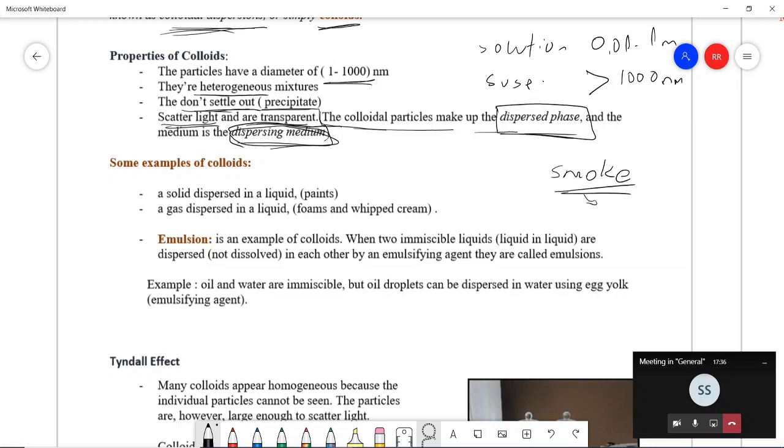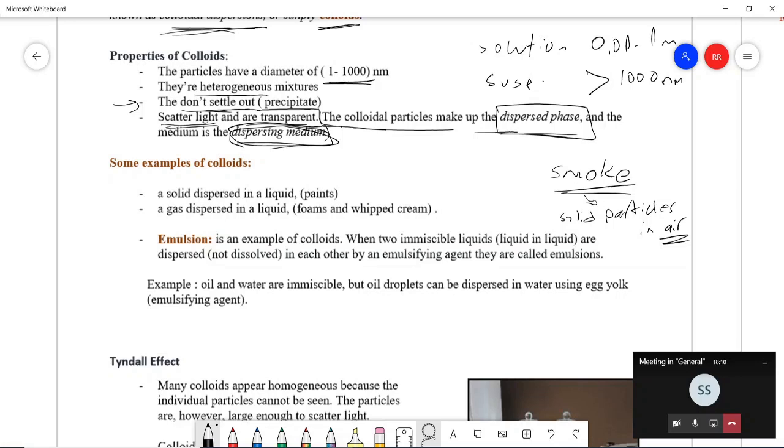What is smoke? Solid particles in air. They are very small, solid particles in air. But they don't precipitate. See? They don't precipitate. But are they distributed equally throughout air? Do they have a uniform composition? No. Because if we take